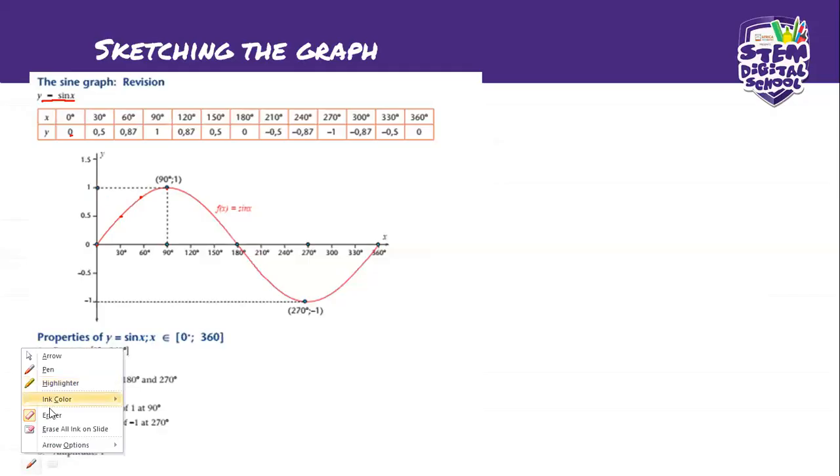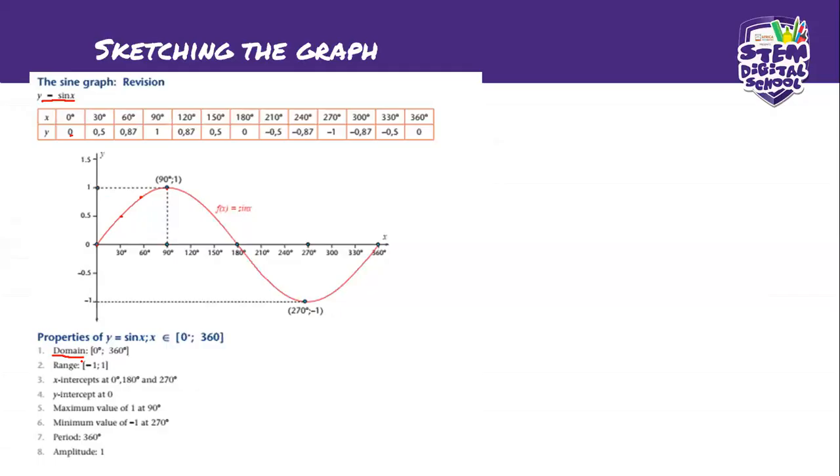Now, since we have learned how to plot the graph for sine, we will be looking into its properties. The first property here is the domain. We have to learn how to determine the domain for the original graph for sine, right? Now remember, when you talk about the domain,